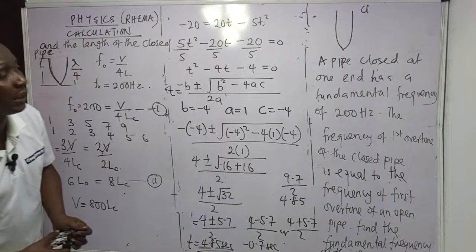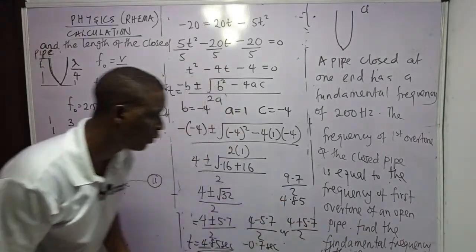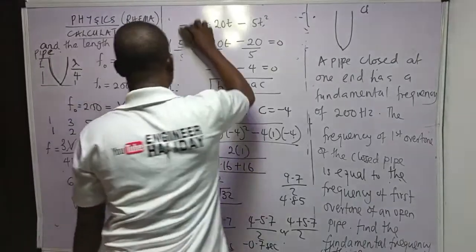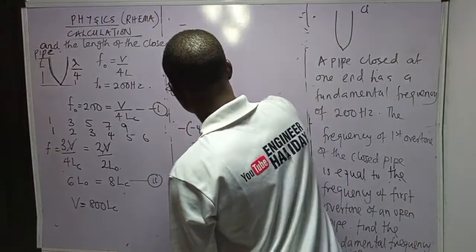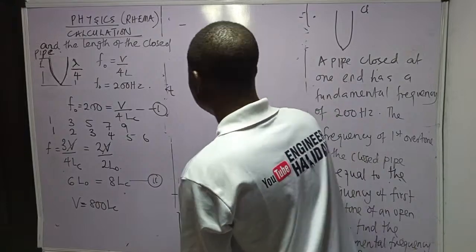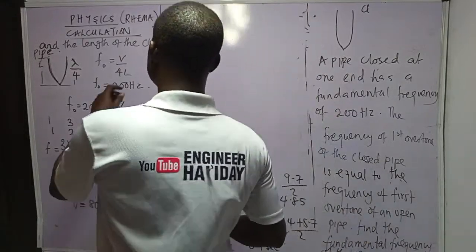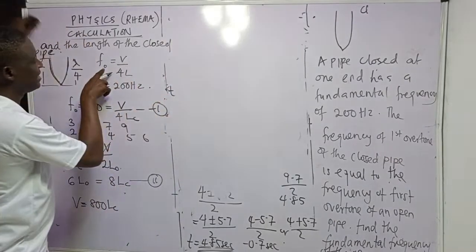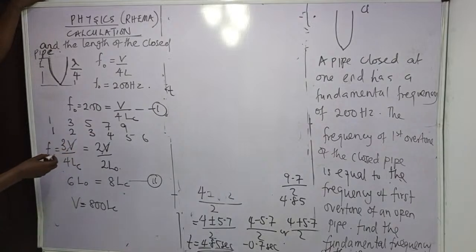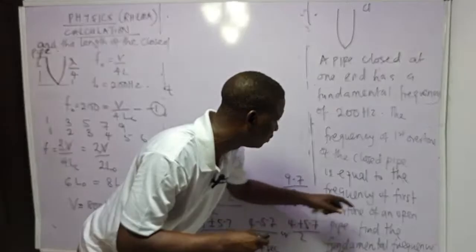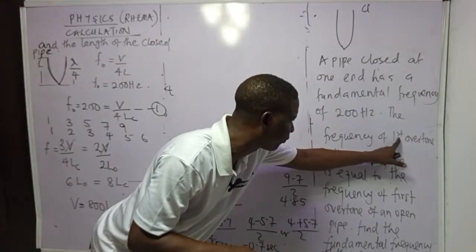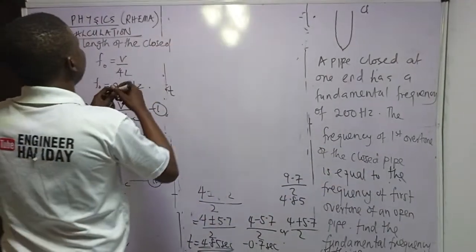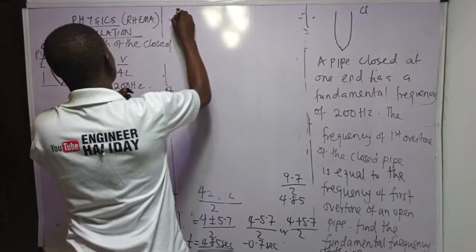Now, what did they say we should find? Find the fundamental frequency of the open pipe. Now, listen so good now. There is a relationship between frequency, fundamental frequency, and the second word. Look at the word, fundamental frequency. This is the first overtone of the closed pipe. If the first one is 200 Hz,